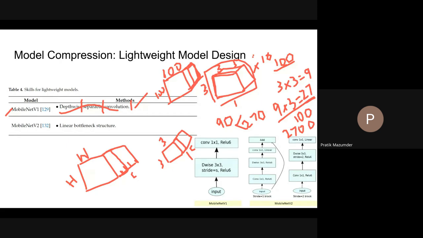Okay, that was one of the innovations that MobileNet brought in through its structure, and in a way it reduces the size. So you can consider it as an indirect technique of model compression. You design the model itself to be lightweight. Another concept which MobileNet V2 built on V1's concept is